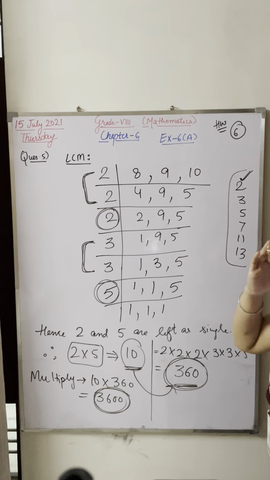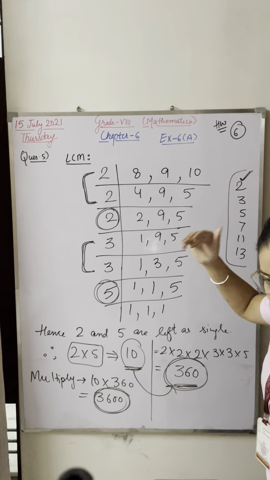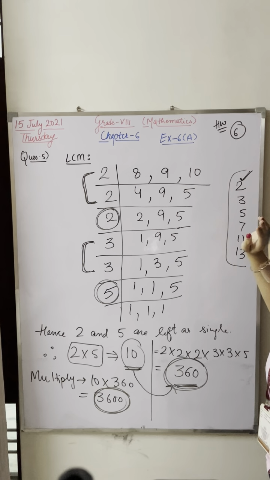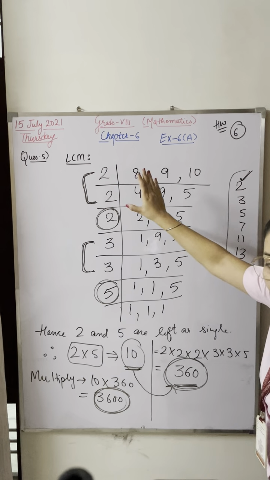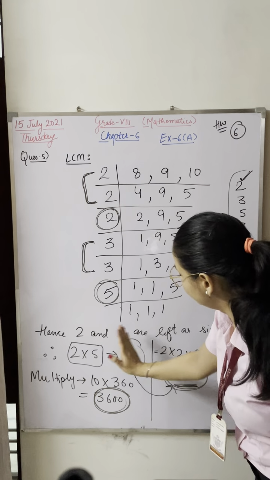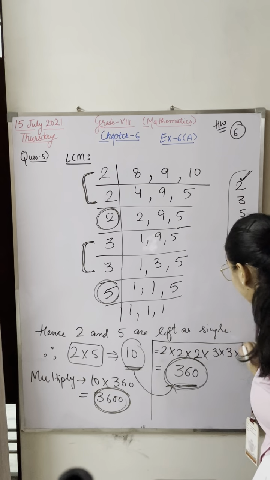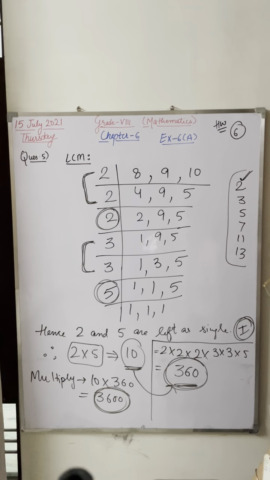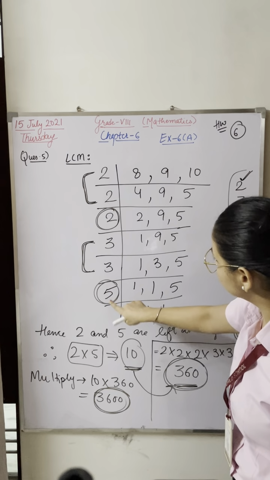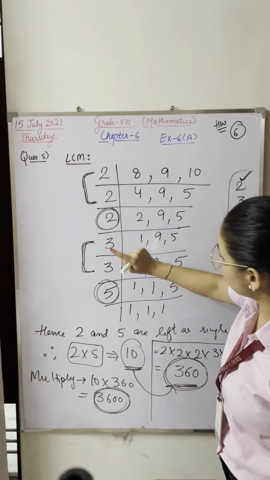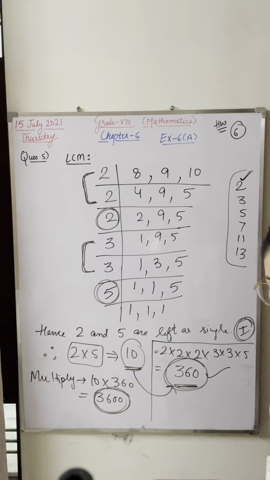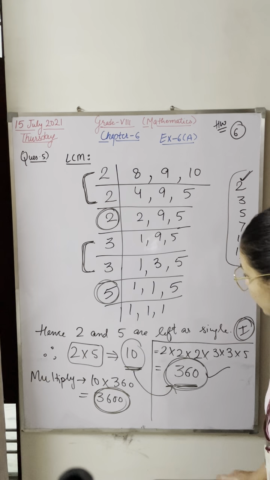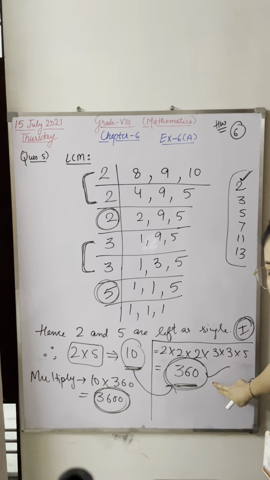Now listen. In this question, 3 numbers are given. In the 6th question, 4 numbers are given. You have to find out the LCM first of all of all these numbers. This pairing part I'll do here. This is your first part, you have to do this first of all. You have to multiply all the numbers: 2 multiplied by 2 multiplied by 2 multiplied by 3 multiplied by 3 multiplied by 5. That is equal to 360. Who was asking me how 360 has come? When you multiply all these numbers, your answer will be 360.